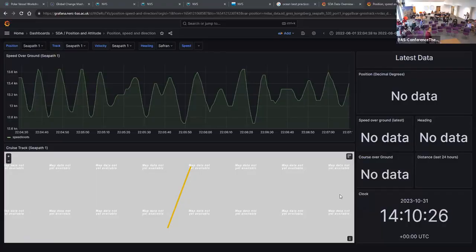So this is live data. Never ever do live data downloads. This is a Cambridge-based Grafana installation. I could go to the ship, but that would go terribly wrong. So the graph you're seeing is a minute of speed over ground taken from a NMEA VTG string. So pretty standard stuff. There's obviously a little bit of variation. It's straight from one of our CPath sensors. That's 1 Hertz data, as is standard. And the bit underneath is the cruise track for that 1 minute, which is obviously very dull because it's only 1 minute's worth of data.